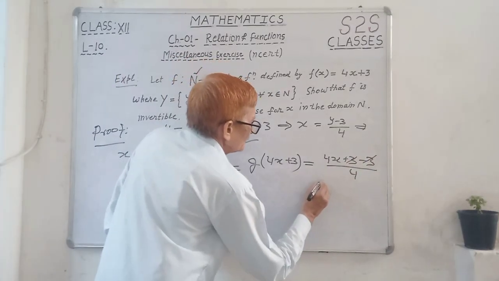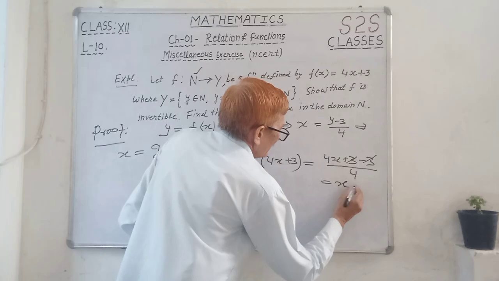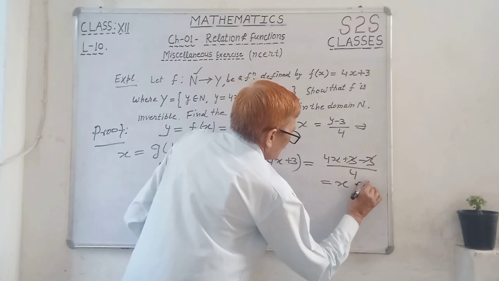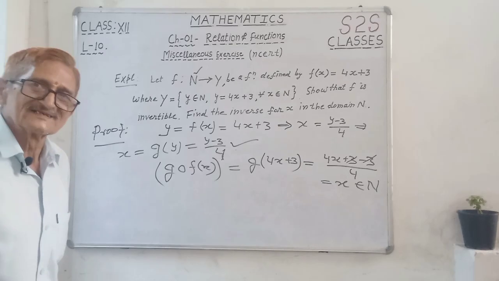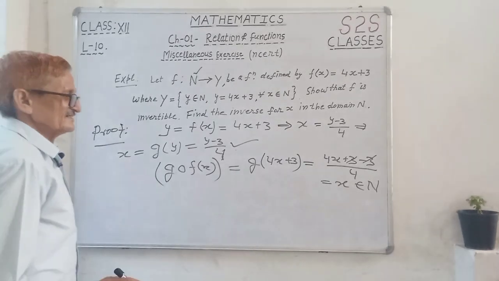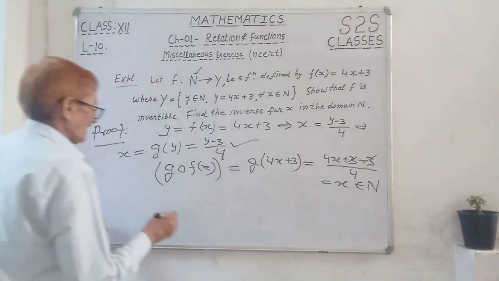So this is equal to x, and x belongs to what? x belongs to the natural numbers. So this means the first set identity is done. Okay. Now